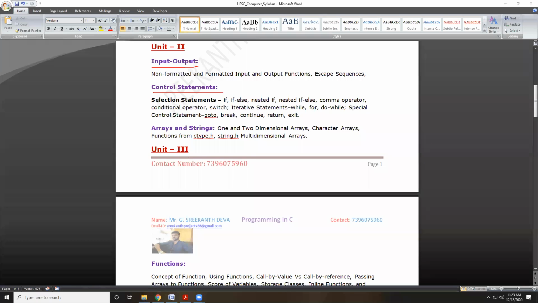And for iterative statements or looping statements, we try to discuss in detail what a while loop is, what a do while loop is, what a for loop is. Also we discuss some special control statements or jumping statements, like goto, break, continue, return, and exit. We'll discuss all these topics including several